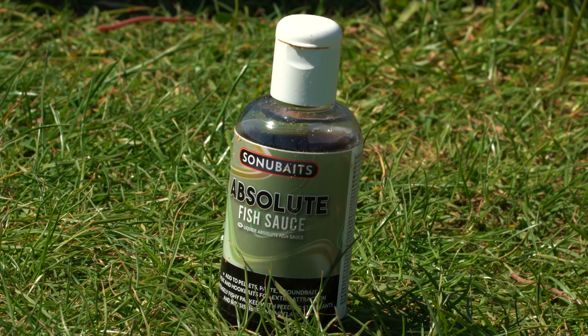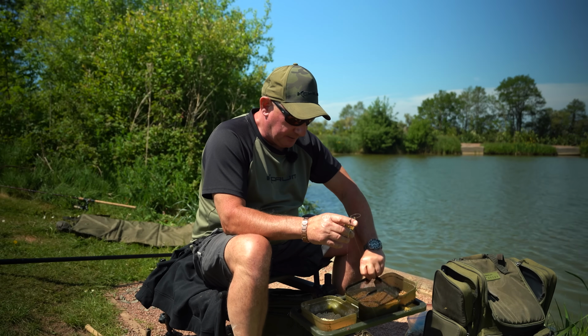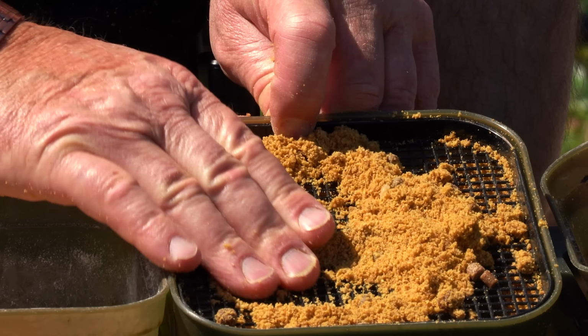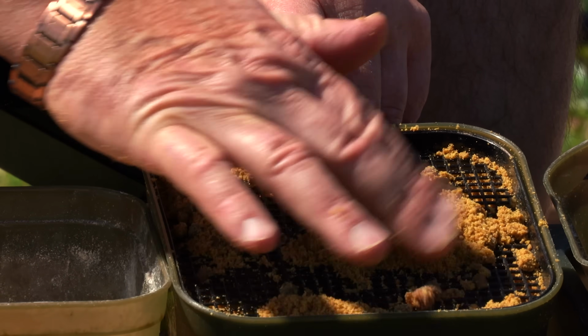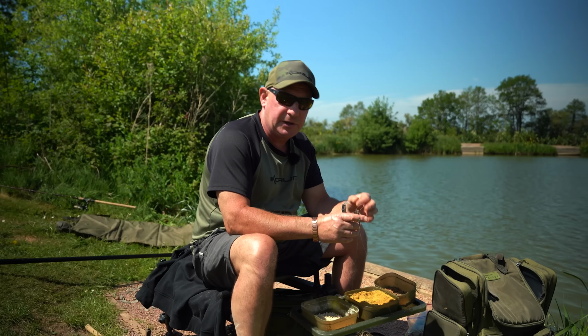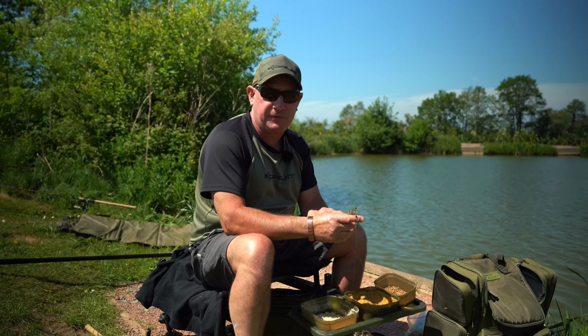If you make it the night before, we do these lovely little tubs, make it in a big bucket, and then these have got the riddle that sits in the top, and I just literally push the ground bait through and riddle it in the morning. You get this lovely fine mix that breaks up almost as soon as it's going down. You do not want claggy, solid ground bait with this. It's just going to plummet to the bottom and not fish to the benefits of what you can do with